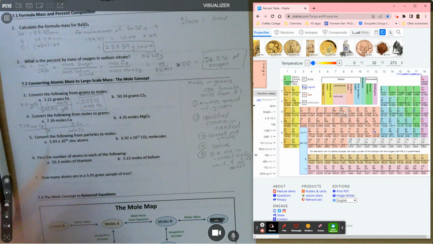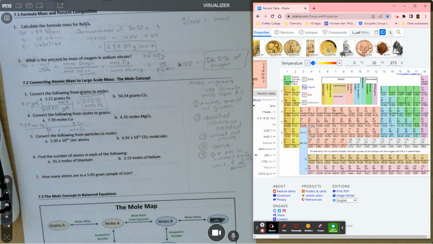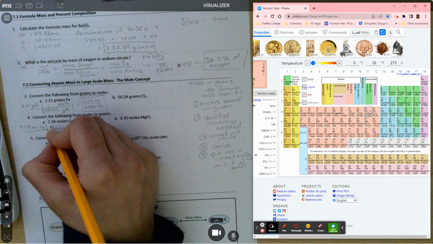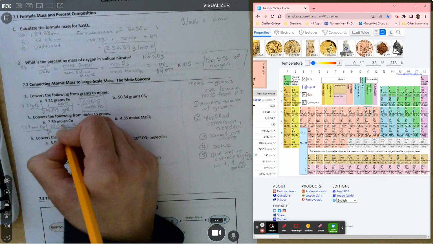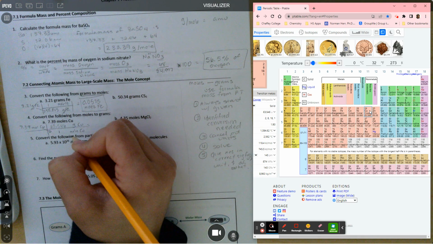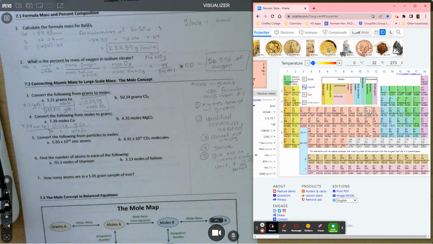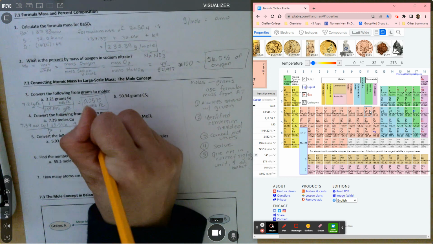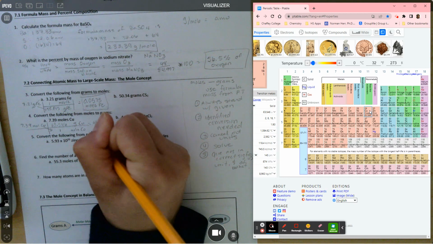In 1 mole of copper, there is 63.546 grams of copper. All right, that comes directly from the periodic table. I'm just going to multiply these two together. And I get 469.6